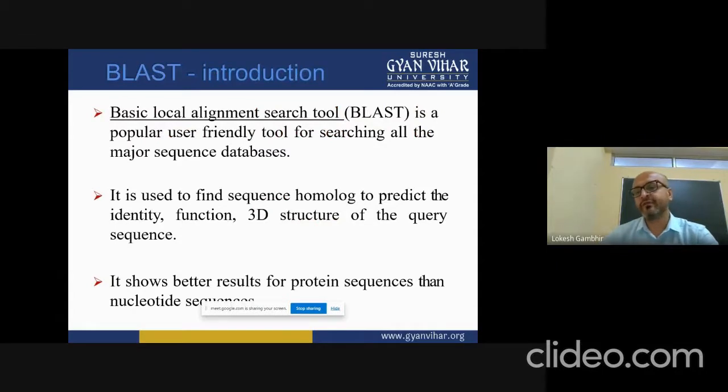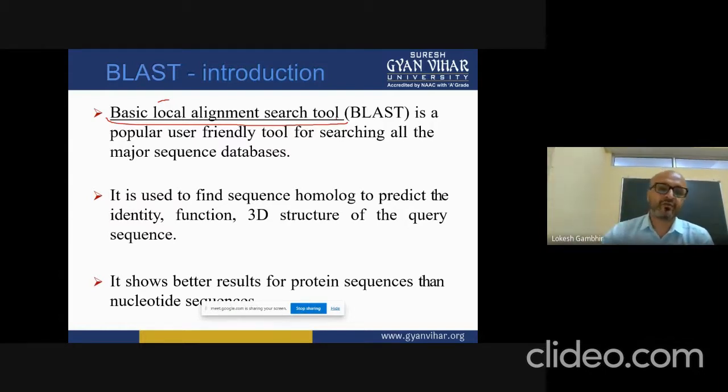BLAST is a tool provided on the NCBI server. It is hosted at the NCBI portal, and it is the Basic Local Alignment Search Tool, which was designed by Altschul. It is used to search the databases and satisfy your query. That is the sole motto of BLAST. It takes your query, whether it's DNA nucleotide or protein, matches it to the database and brings you the best suited matches in descending order.